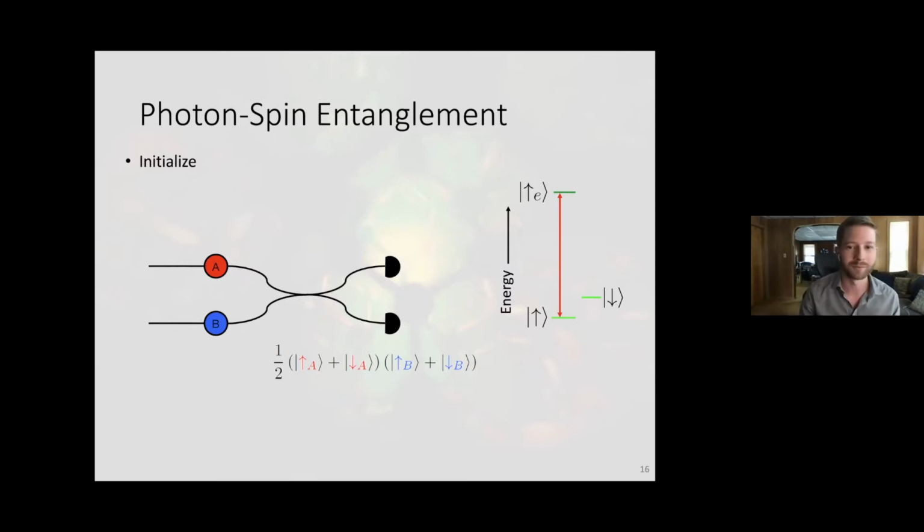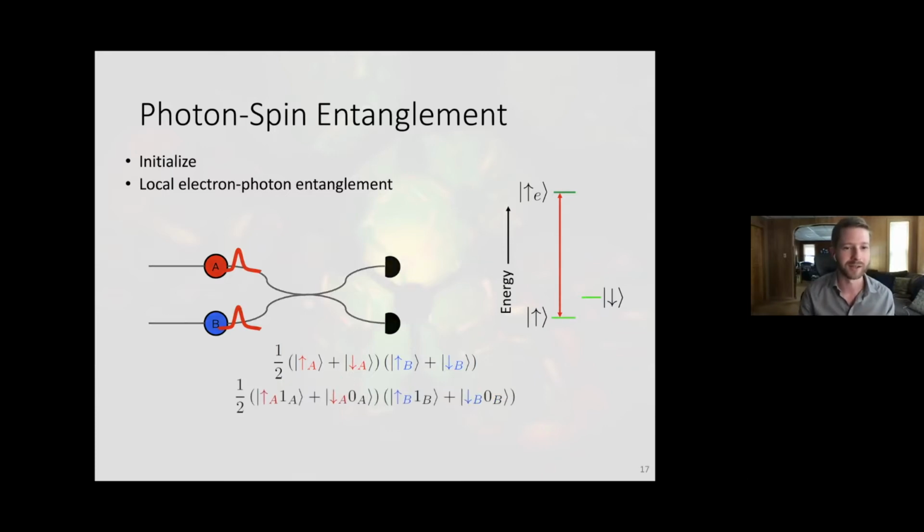So at that point, spontaneous emission is going to occur just from any kind of atomic system, and it's going to either emit that photon if it absorbed it or not. And so this is what dictates that local entanglement between the photon and spin. And we can write this mathematically by just writing a numeral 1 next to any of the signs that have an up arrow and a 0 indicating no photon for anything that has a down arrow. And we can just simply multiply this state out and separate out the spin component and the photonic component.